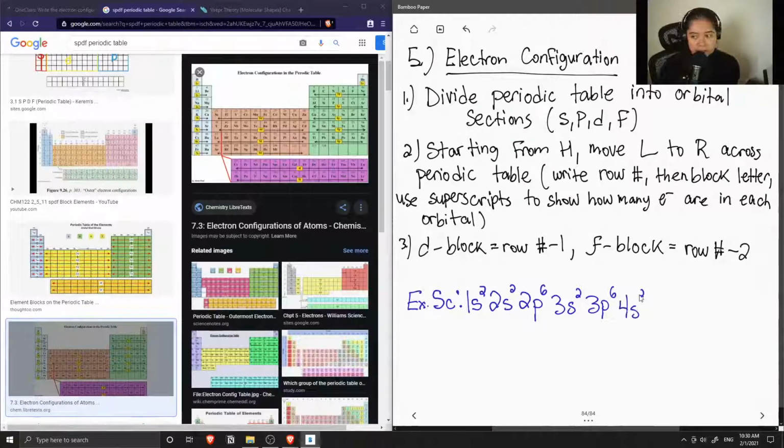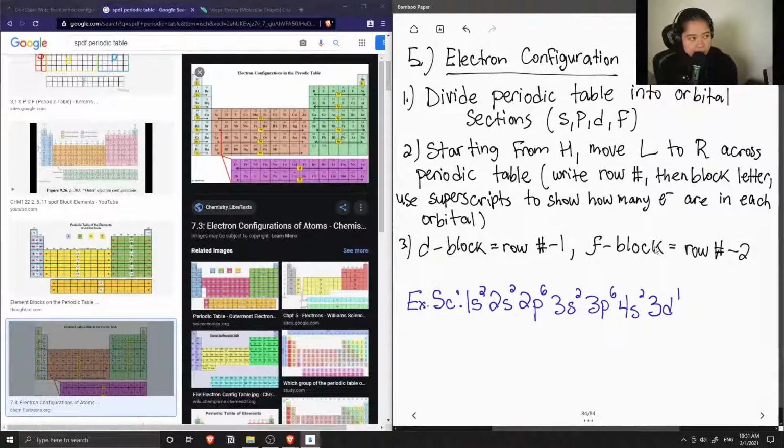And notice that when we get to the D block, we write the row number -1. So it's going to be 3d. And scandium is the first element in this block, so we only need to write 3d1. So this is the electron configuration